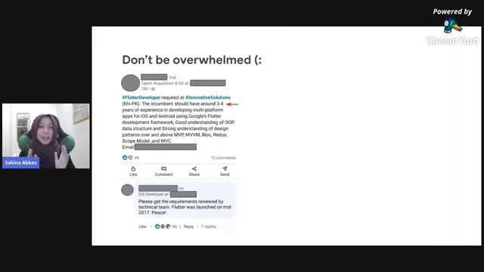This is a hiring post that I actually saw on LinkedIn. I have obviously hidden the details for their own privacy reasons. There was this person from this company that specifically asked for Flutter developers with 3 to 4 years of experience. Now, if you remember, I told you guys that Flutter is roughly 3.5 years old. It was launched in May 2017.